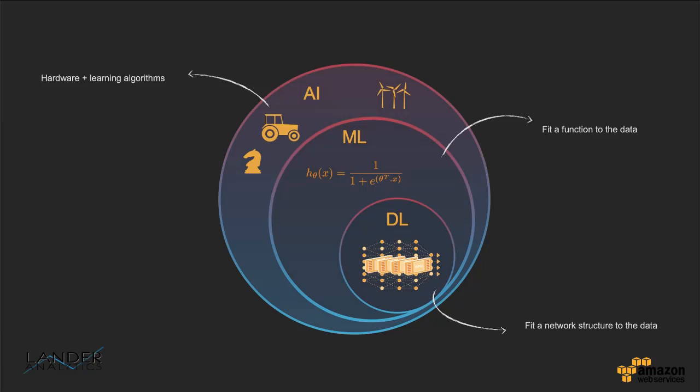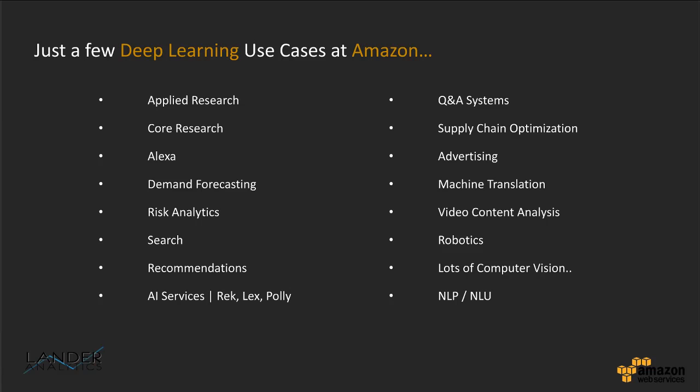So we see machine learning as a subset of artificial intelligence, which is essentially taking advantage of certain probabilistic and mathematical methods in order to fit a function on top of a certain data set. And deep learning takes to a further level the concept of machine learning, essentially neural networks within machine learning, in order to fit a network structure on a data set. And when you look at the deep learning network structure that is leveraged now in the form of neural nets, you can see that it has essentially the structure of multiple neurons working together, and that inherent structure of deep learning networks makes it highly parallelizable, and it makes it a good candidate for GPUs. We're going to talk about that in a little more time.